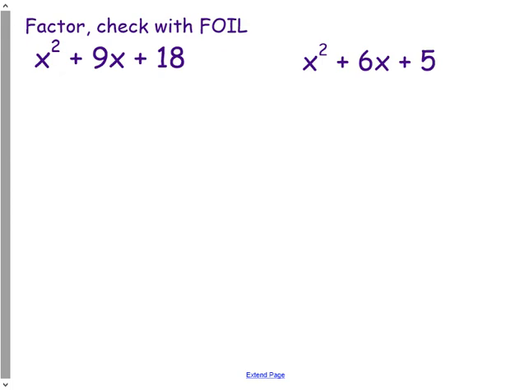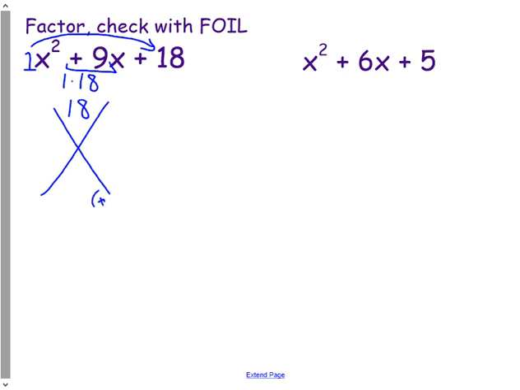So how this works, again, the diamond is our first step. And where does the diamond come in? We take the first number, 1x squared, just 1, multiplied by 18. So 1 times 18 is 18, and that is the top position of the box. The diamond. The bottom position is the number of x, right? This is how many x there are. We see plus 9, so I'm just going to write 9. And now we're looking to fill in what numbers multiplied equal 18, add equal 9,